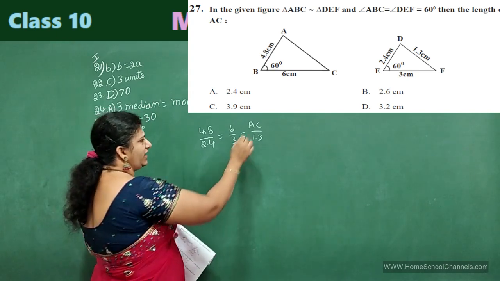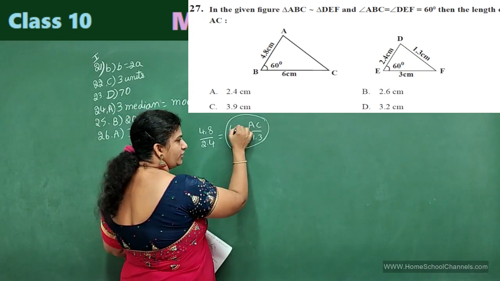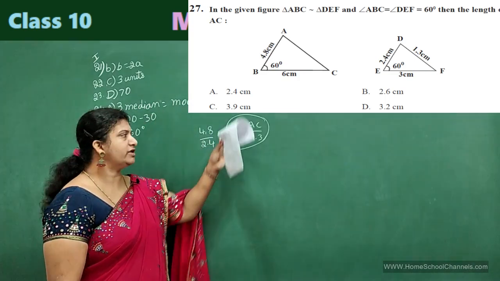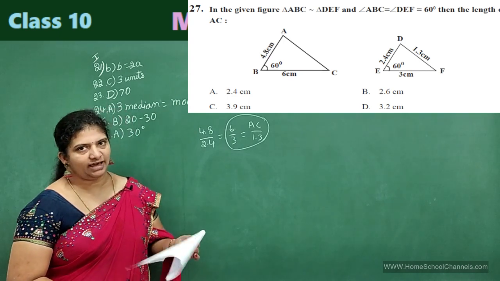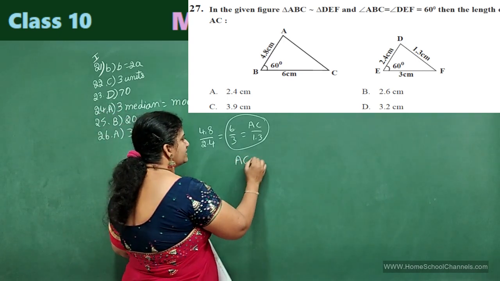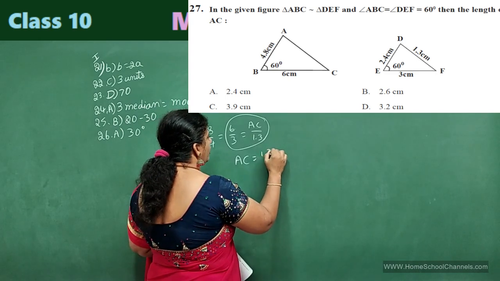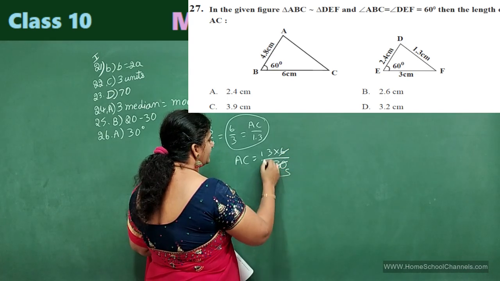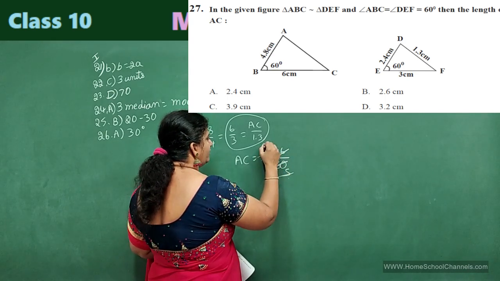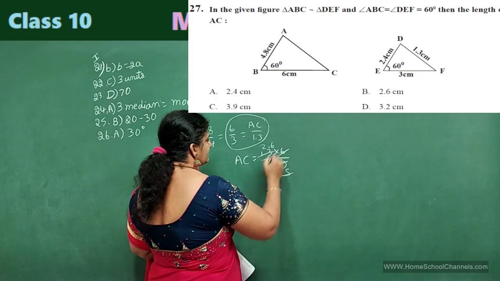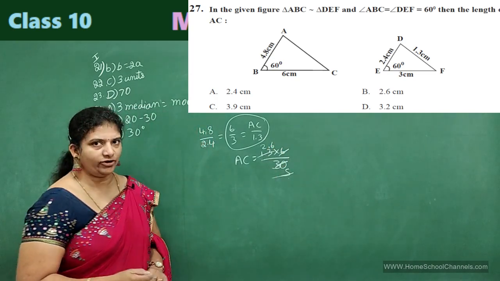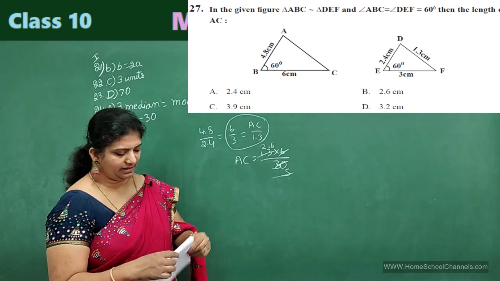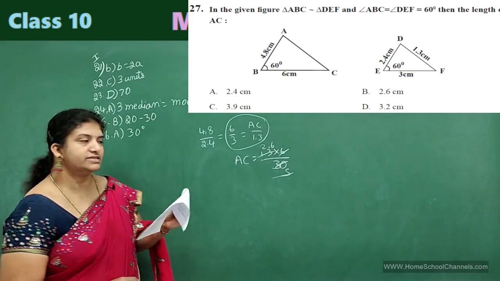Okay, with any pair you can compare, children. See here, 3 2s are 6, 2.4 2s are 4.8. Directly I can say 1.3 2s are 2.6 is your answer. Or you may go with this one, AC is equal to 1.3 into 6 by 3. Remove the point, 6 5s are 30, 13 by 5. That will be 5 2s are 10, 5 6s are 30. AC is equal to 2.6. Directly you can see it, or by comparing the ratios you can also get the answer. Therefore, your answer is option B.